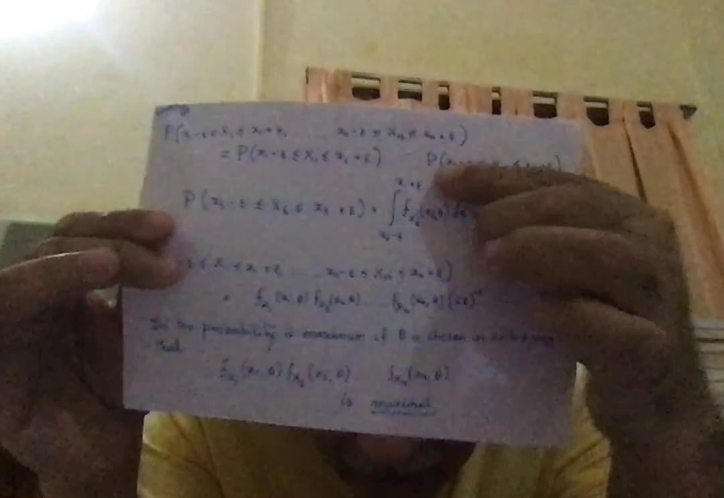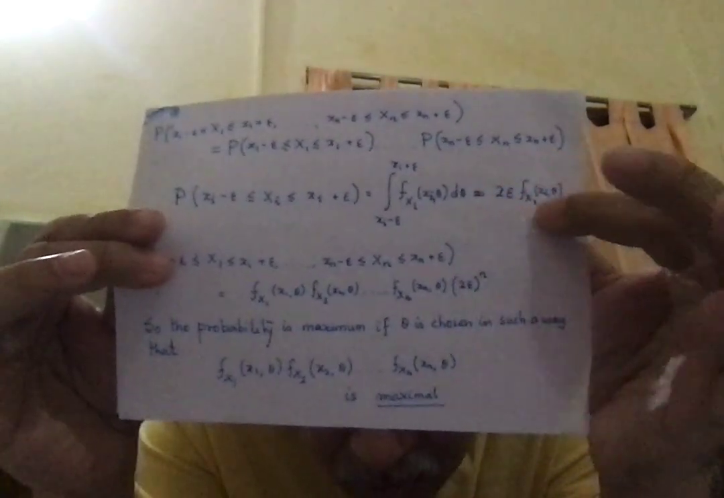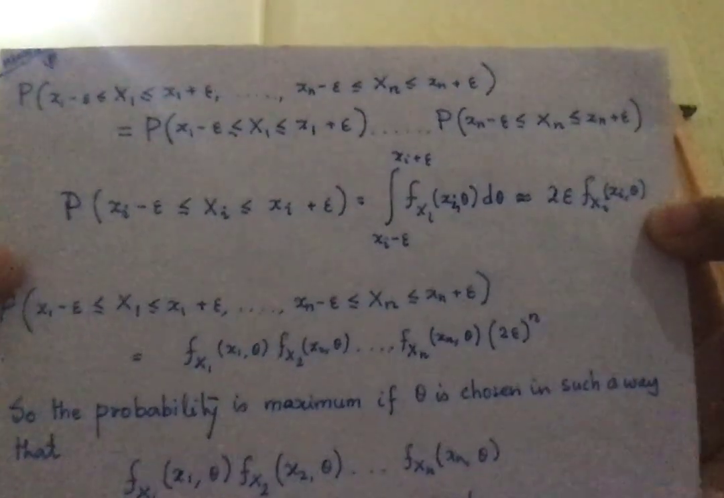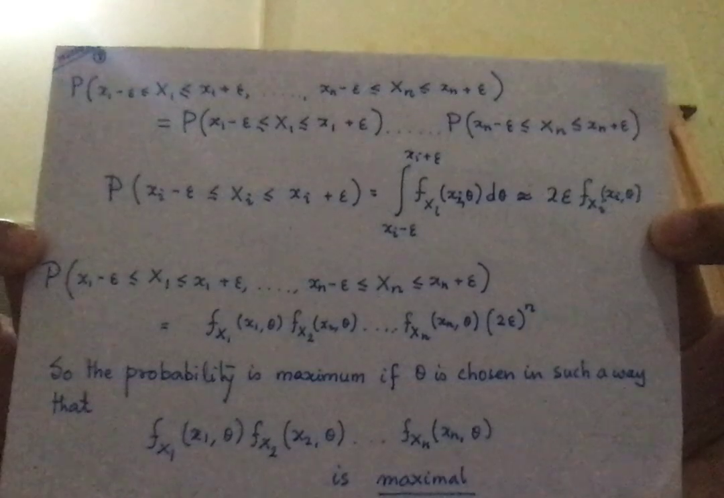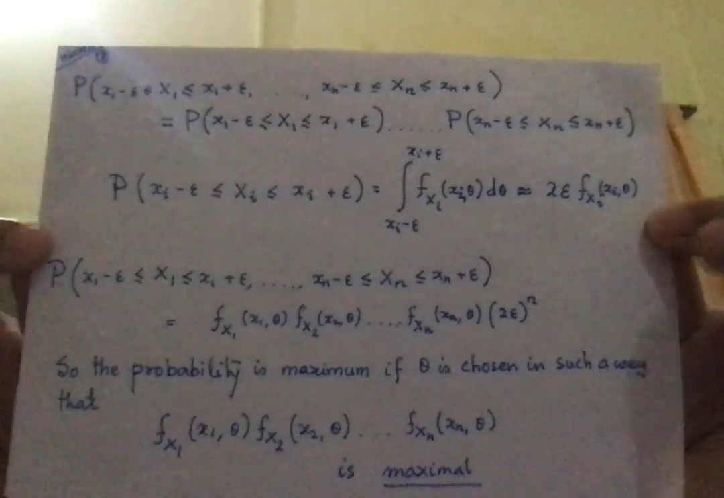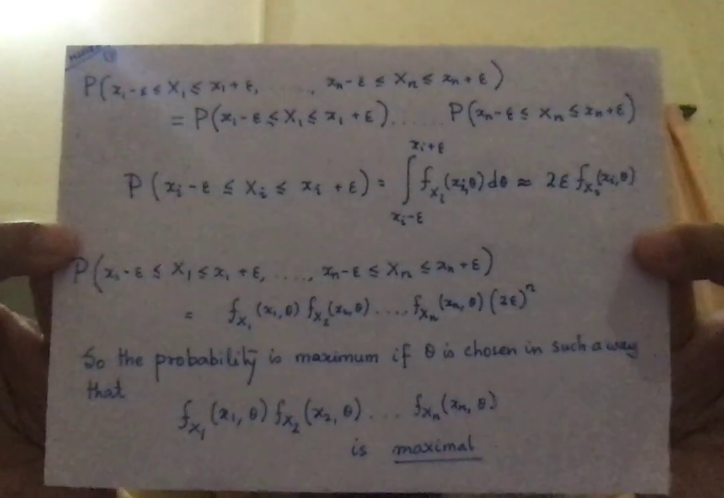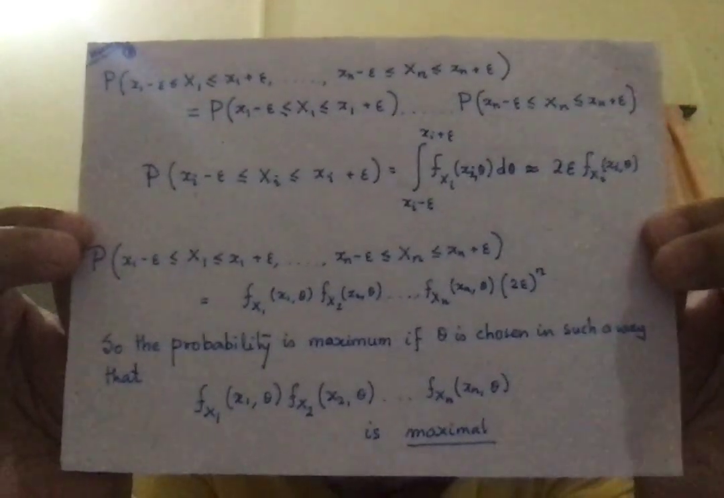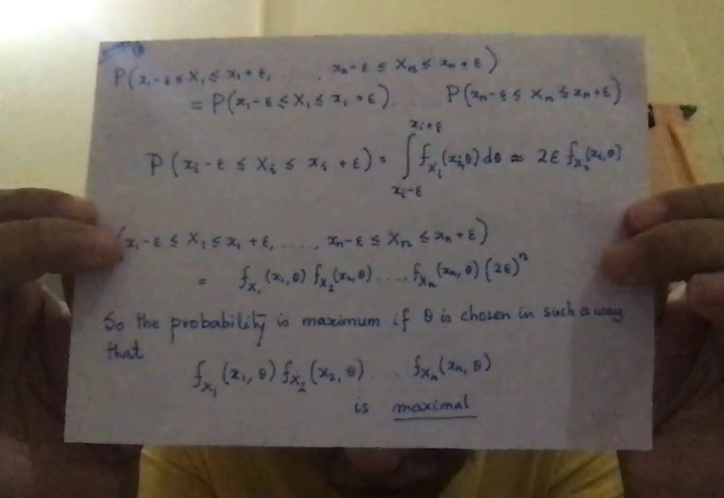Now what happens is that once you calculate each of these intervals like this, for every i you have the same story. So then you know how to write down the probability: the product of the individual distributions, which are the same basically, into 2 epsilon to the power n. So you see 2 epsilon to the power n does not